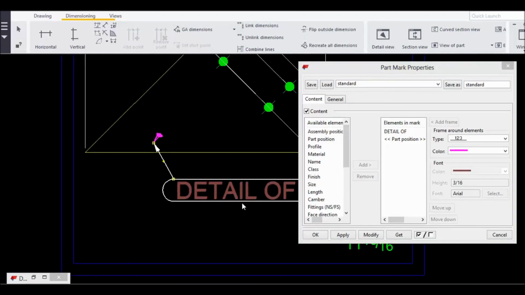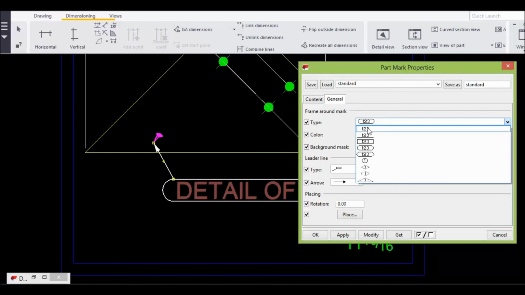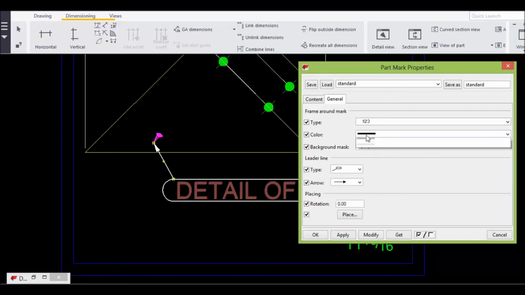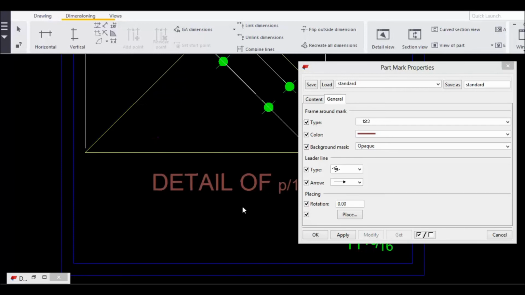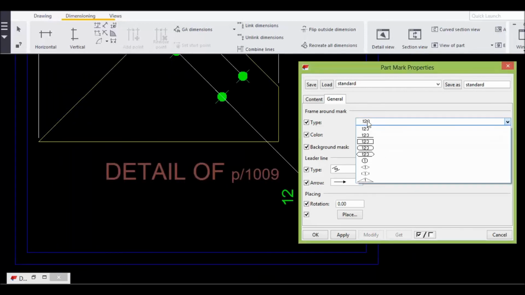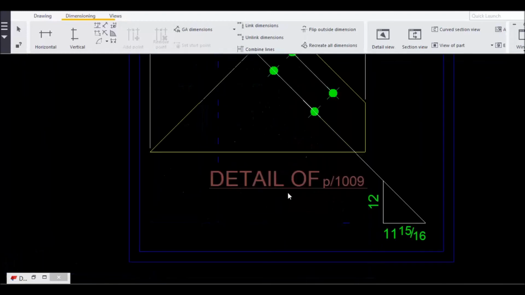And for example, if you don't like this, if you want a solid line without anything, you just go for this, and it just changes. So in this way we can change. And if you don't like this arrow line, you go for this leader line option. In that, you just modify. So in whatever way you want, you get it. For example, if you want to change this line like this, touch modify, it just modifies.